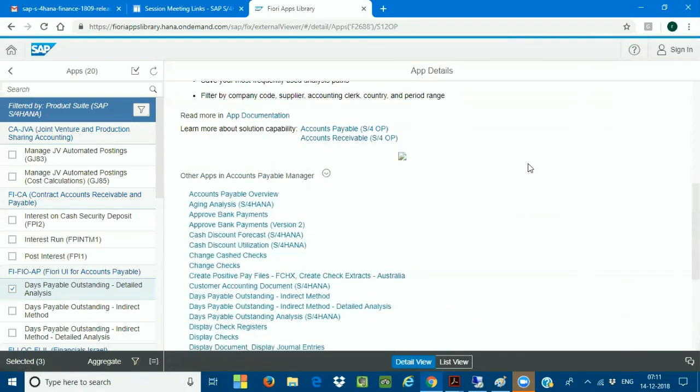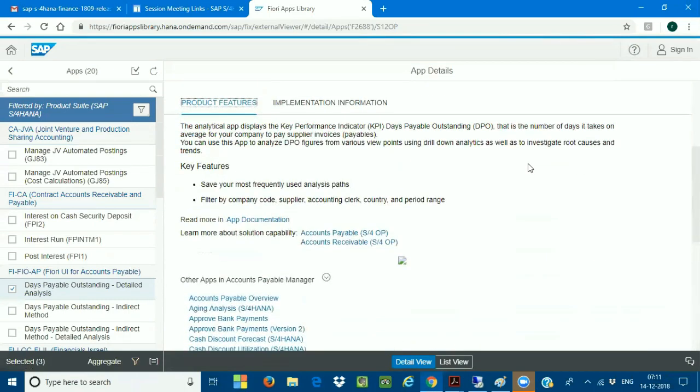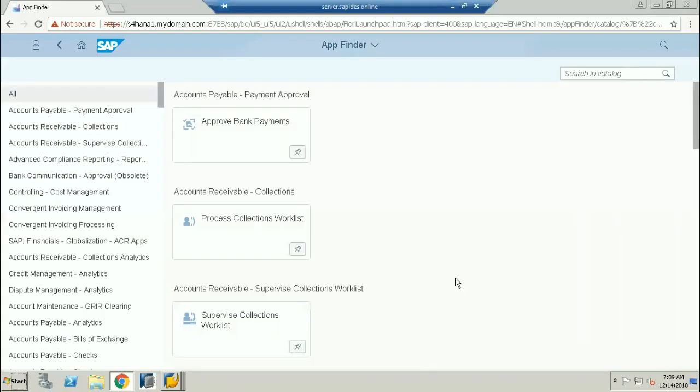Hello, Mahesh. In a real implementation project, if I'm a financial user, do I just go to the Fiori to do all my daily work, or sometimes may I log in to SAP GUI to do some work? No. Directly, for your day-to-day transactions, you can take the application, take the Fiori license, and work on it. No need to use the GUI. So if I'm a financial user, everything I do will be done in the Fiori. Exactly. From the Fiori only, directly.